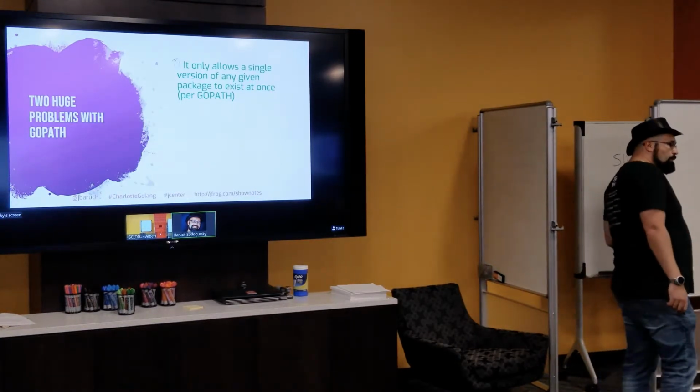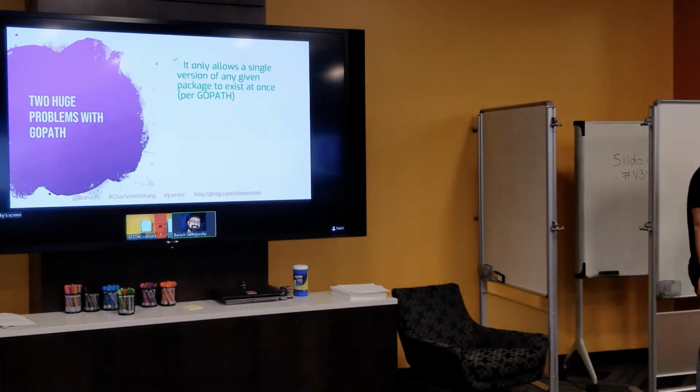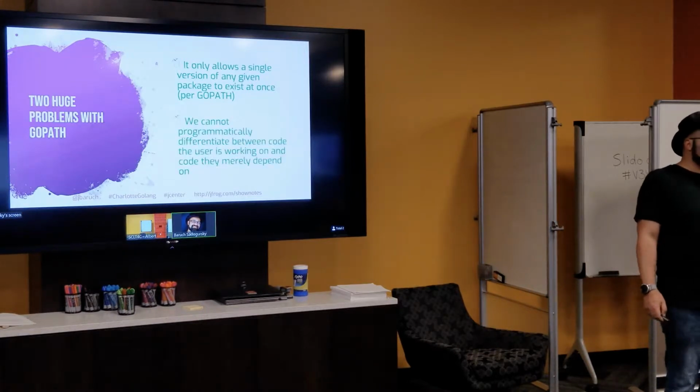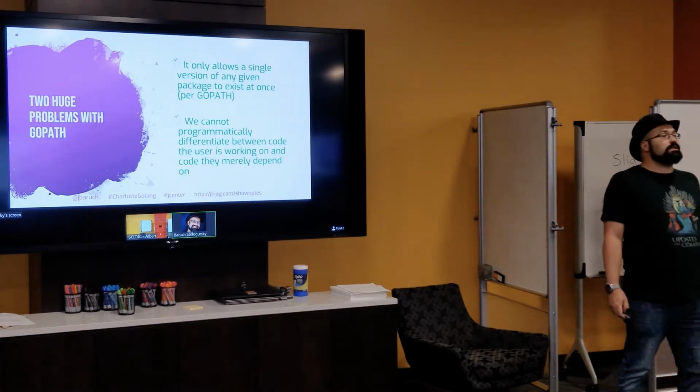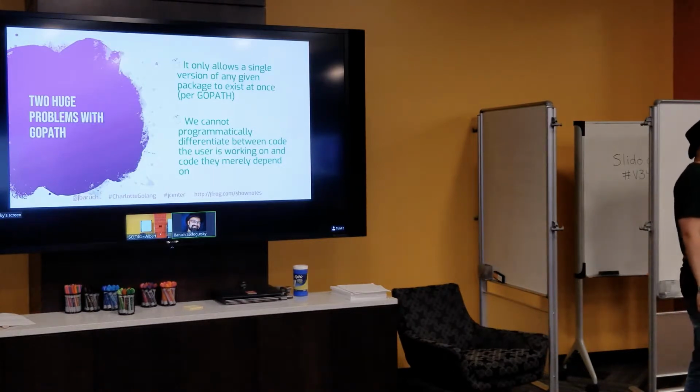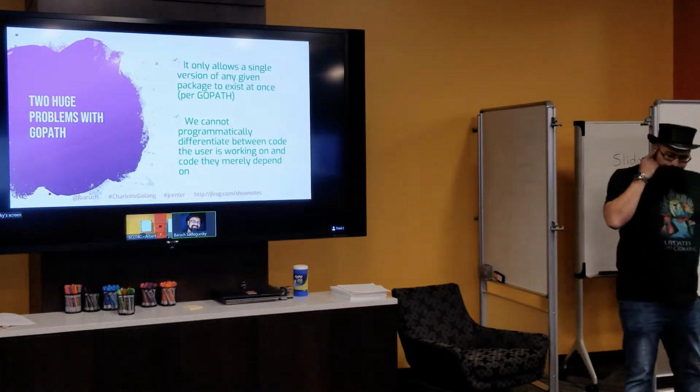So that's one problem. And the other is something we spoke about earlier. We cannot programmatically differentiate between code the user is working on and code they are dependent on. Well, sometimes we cannot humanly differentiate as well, but programmatically we never can. So,